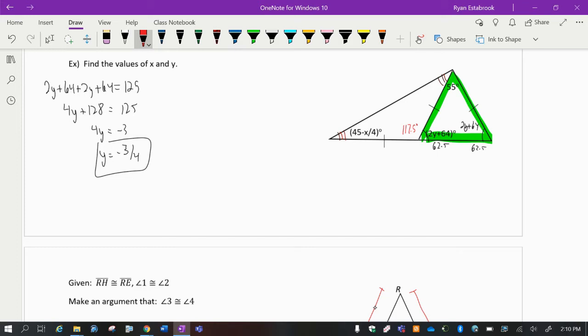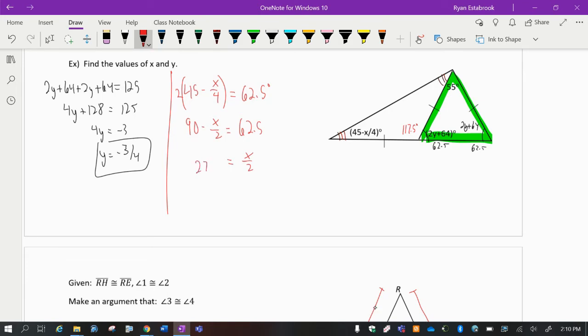In other words, this exterior angle to that triangle is going to be equal to the sum of those two. So we're going to take 45 minus x over 4 and add the same thing, or in other words, just double it. That has to be equal to 62.5 degrees. Distribute the 2. 90 minus x over 2 is equal to 62.5. How about we add x over 2 to both sides, subtract 62.5 from both sides,